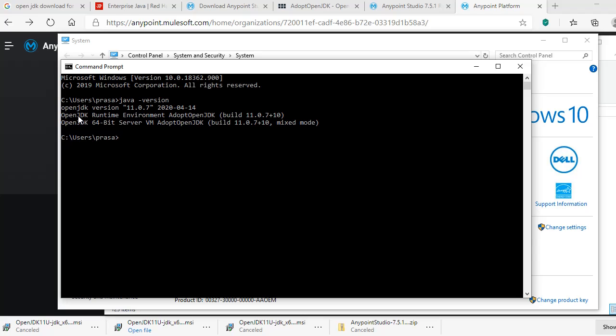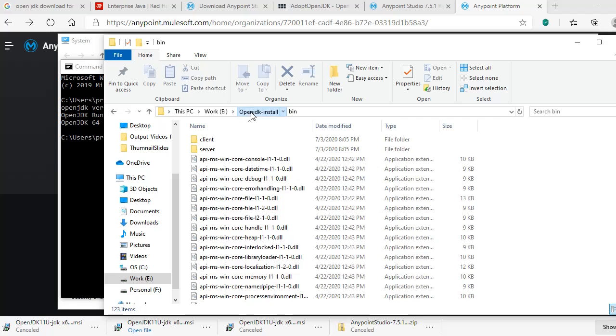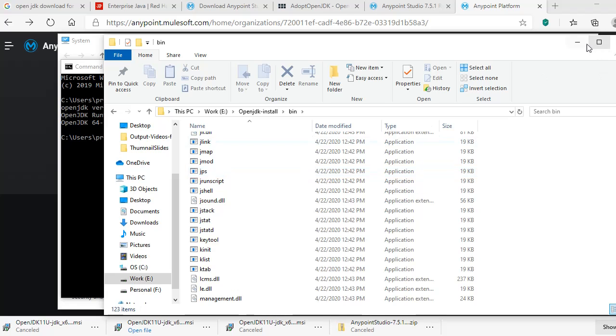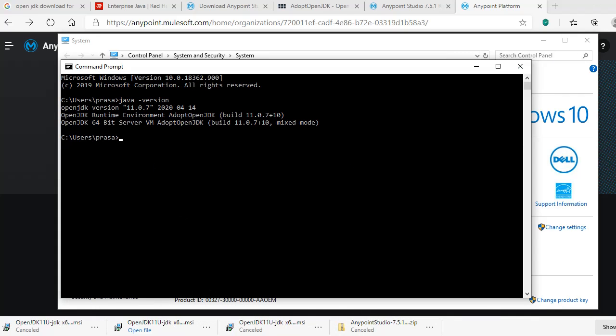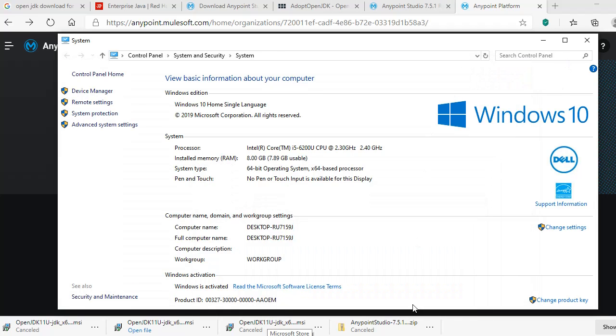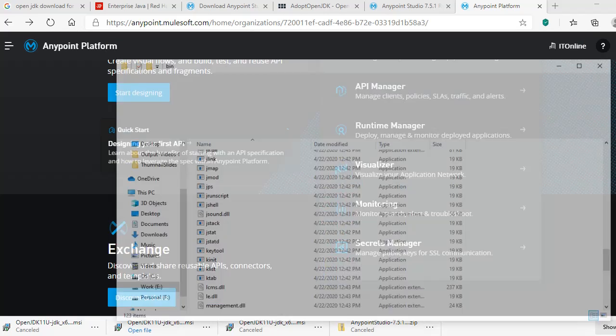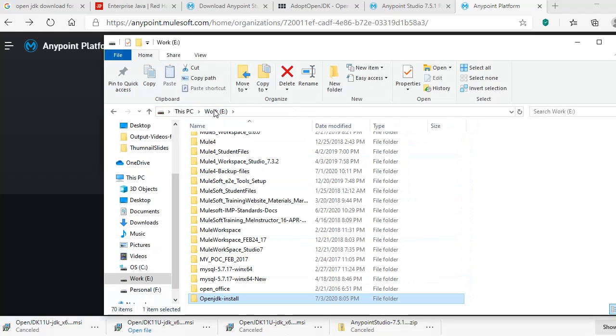See, if you can observe, it will show up OpenJDK version 11.0.7. This is the one we have installed. This is the Java version we have installed actually, 11.0.1. Okay, so we are good now. We have now installed Java, and we have created one CloudHub account. We have set up the environment variables, and we have downloaded our Anypoint Studio for development as well. So we are good. Let's see, our studio is up, ready to use.